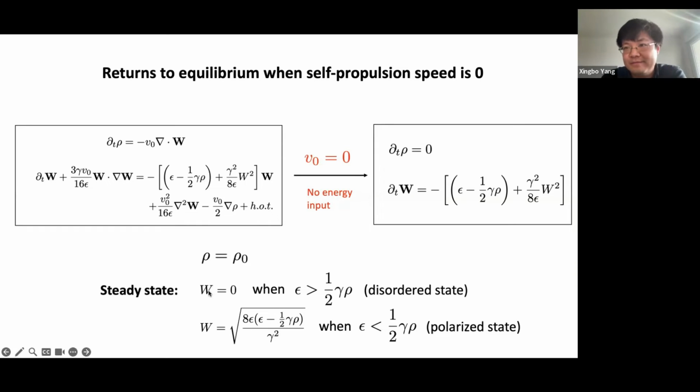One is disorder, where this field is 0. That happens if your noise term overwhelms the alignment term, in the sense that it overwhelms the product of alignment strength and density. So this also predicts that this kind of phase transition is density dependent. And also, if you crank up the alignment strength, or you crank up the density of the system, now you are going to be driven into this polarized state, where you actually will,